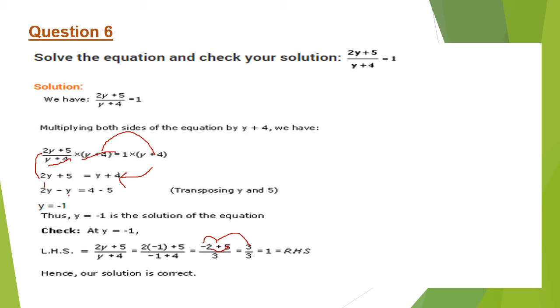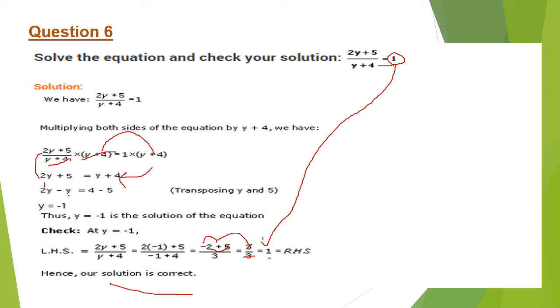3 ones are 3, 3 ones are 3. Both the terms get cancelled, the 1 remains. So 1 is obtained, and the RHS of the equation is 1. See here you can observe in the RHS part the 1 is there. So we obtained the 1 when we simplified the LHS part by taking the y value as minus 1. So our solution is correct, children. Our solution what we obtained is correct. I hope you understood this, children.